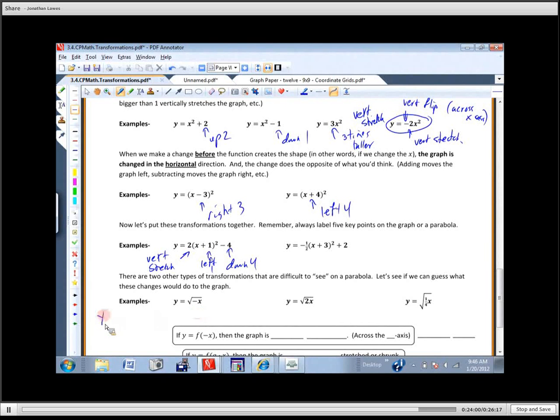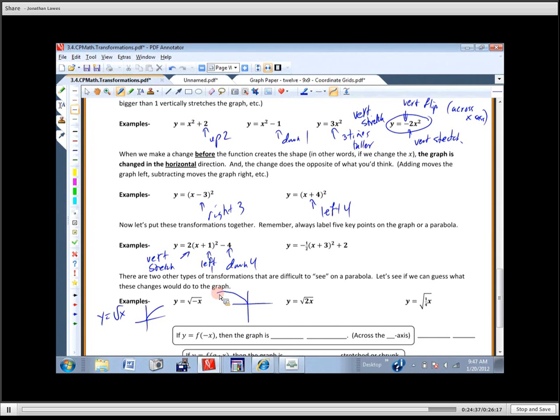So we know what this graph looks like, or we should. It's the top half of a sideways parabola, right? What would the negative do to that graph? Okay, if it normally looks like this, and this is what type of flip would this be? Careful. It's inside with the x, so that's going to be a horizontal flip. Horizontal flip. If I take this and I flip it horizontally, where does it end up? Over here. It's the same shape, just on the other side. Does